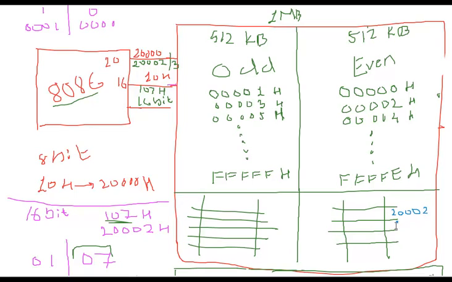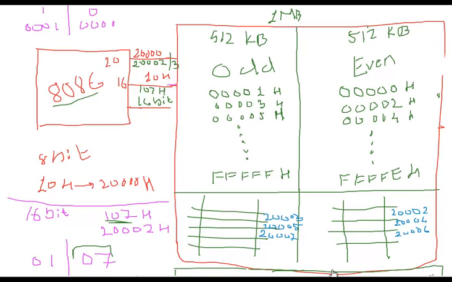The next location here will be 20004. The next one 20006, and here in the odd bank corresponding locations will be 20003, 20005, 20007,